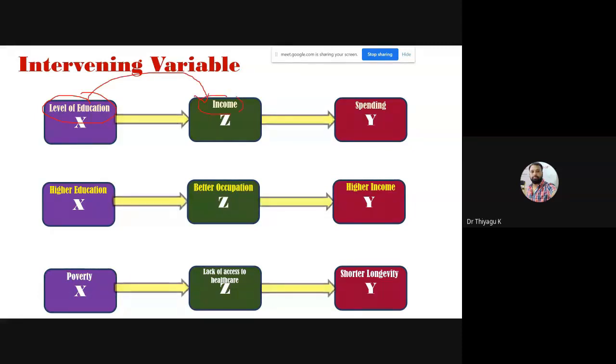Suppose one person gets a PhD degree, there is a chance the income may be high. If the income is high, what influence may happen to Y? Damn sure the spending amount may also increase. Similarly, people with higher education may get a better occupation, and through the better occupation they may get higher income. So that kind of intervening influence may be there.